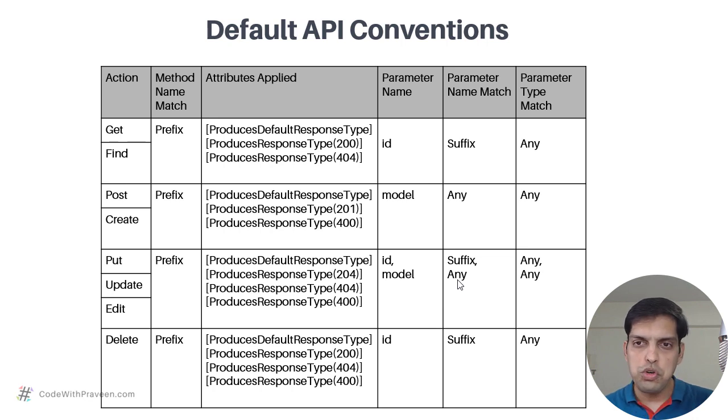Hence, you just go through this table, and I'm going to include this as part of the cheat sheet. It's available at the top of the course sections. This is going to help you immensely when you are working with default API conventions. I hope this table is helpful for you, and with this, let's look at the next lesson wherein we are going to define the custom API conventions. Let's look at that next.